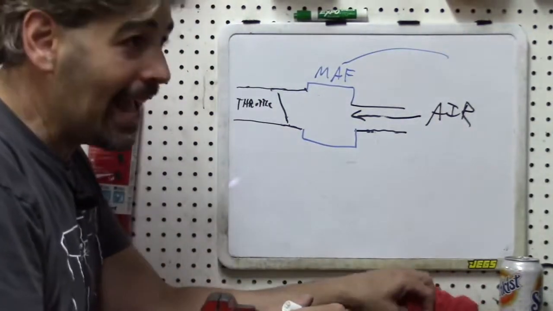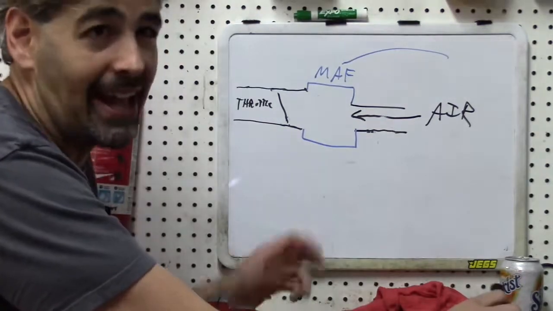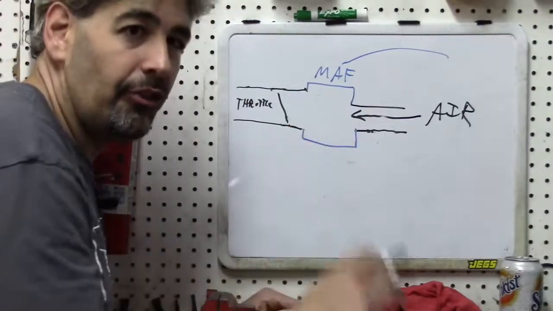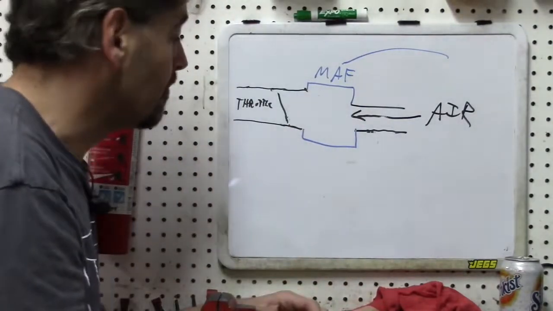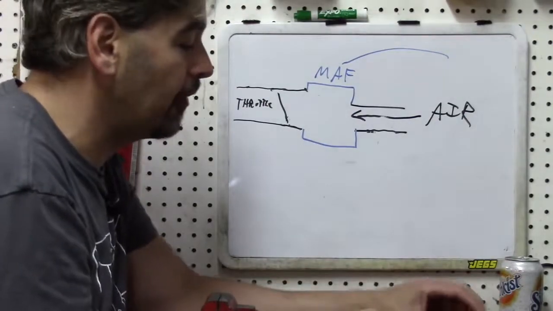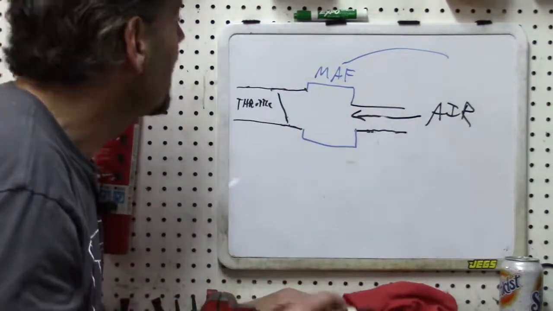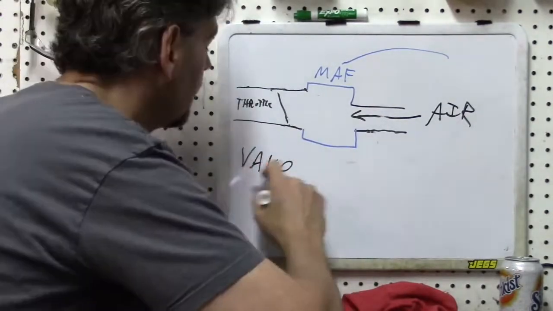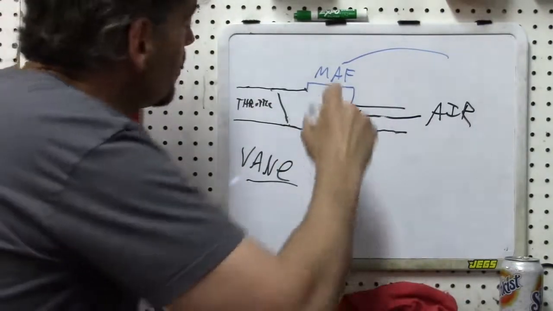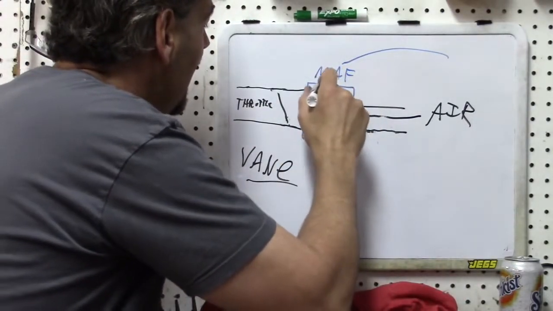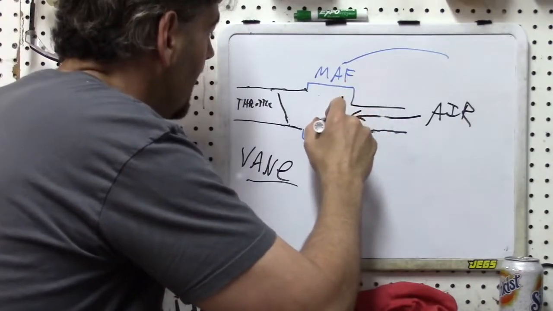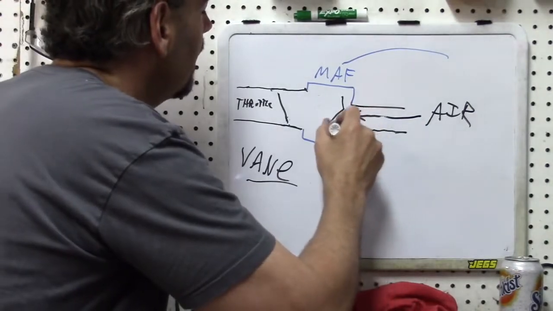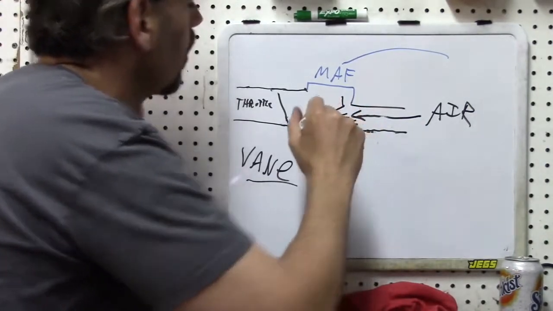Back in the day, which by that I mean probably like the 80s, I remember even having an old truck that had this type of system. It was a very simple mechanical type sensor. They no longer use this. Any mass airflow sensor used now is going to be electronic, but it was what was known as a vane sensor. And the vane sensor just very simply had a little door or something here that was pushed against. Obviously, the more air coming in, the more this door would be pushed